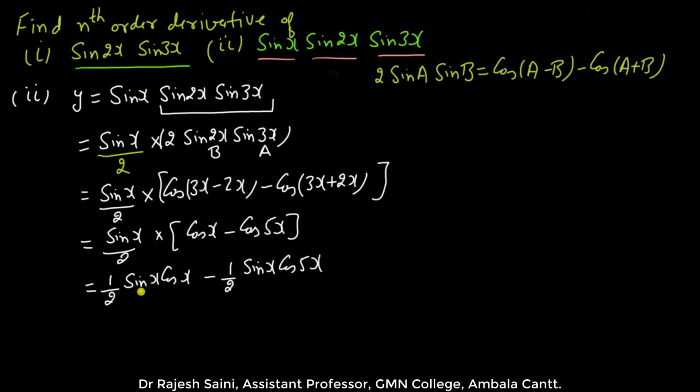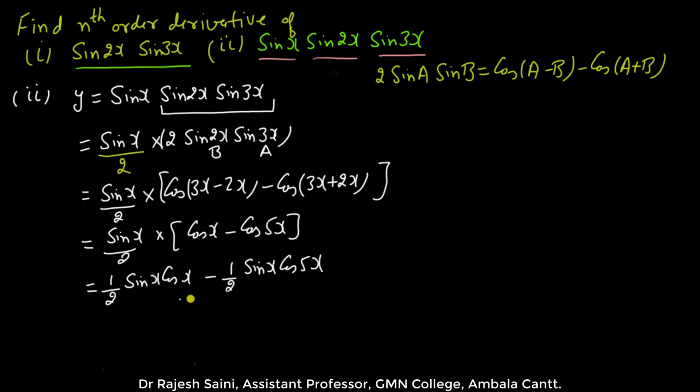So what we will be doing over here is multiply and divide by 2. So it will be 1 by 2, and 2 is already there, so it will be 4. 2 sine x cos x, minus 1 by 4 again, 2 sine x cos 5x, and you know 2 sine A cos A is nothing but